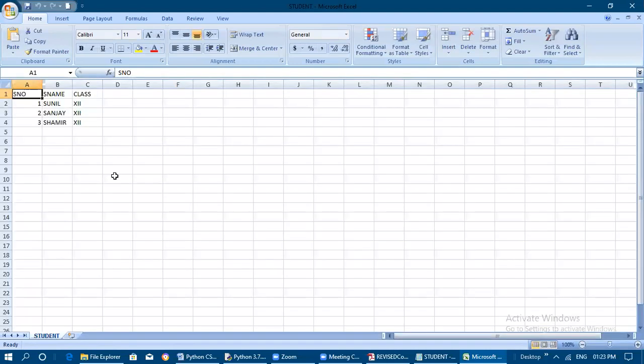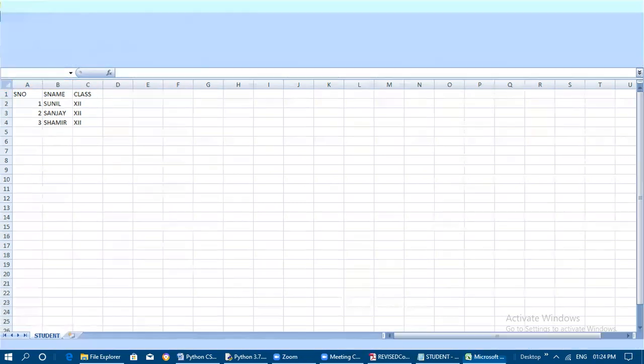So this is the advantage of the CSV file. It is automatically aligned in every cell. Starting from the first row, it has the heading, and the second row has the values, and then the third row, fourth row, like that. Every row has the contents related to the column names. And even here you can check, the worksheet name has also changed to student. So this is the advantage of using the CSV file.